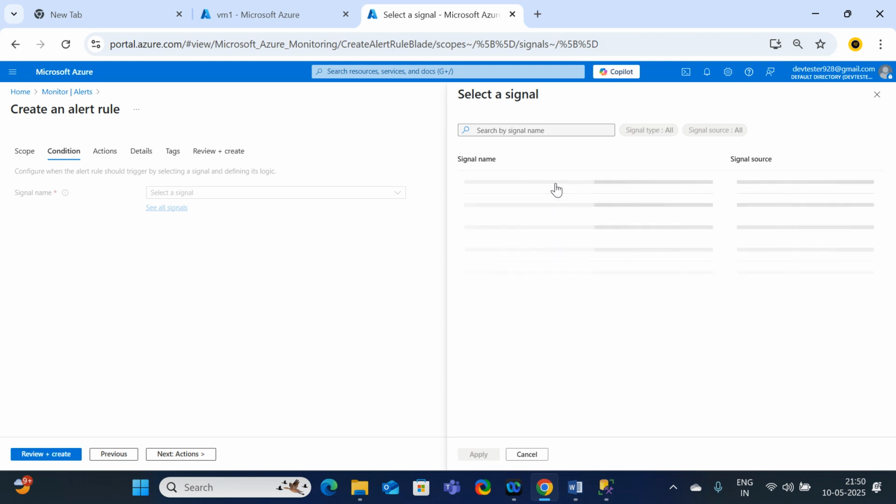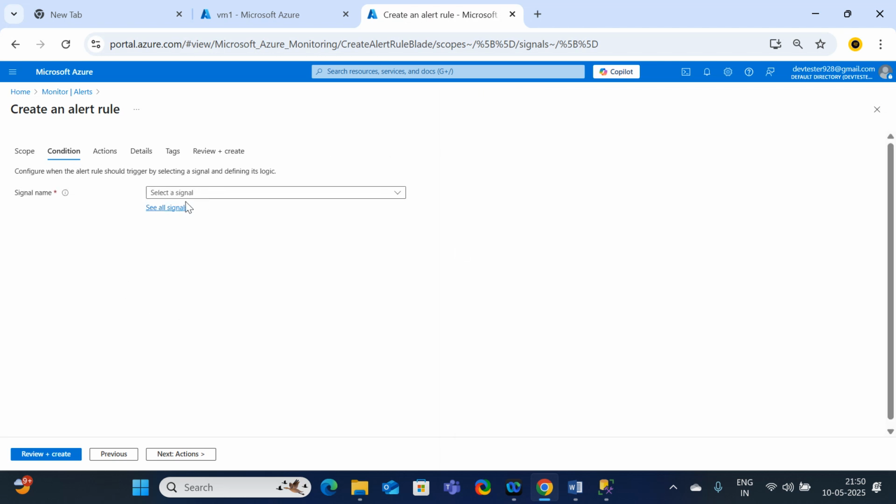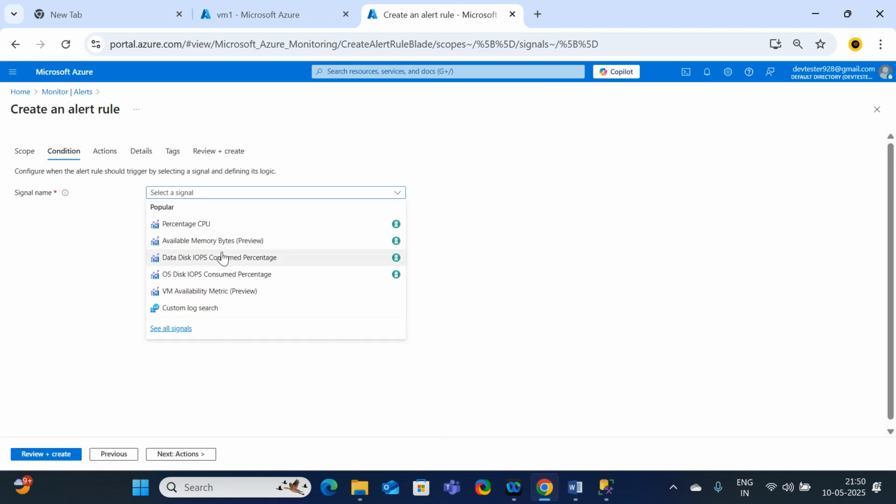Why is it taking some time here? Because I am loading a lot of signals, so Azure is going to take some time to display all the signals. If you don't want to set that, there are options readily available with you. Here, yes, you can. Here I am going to select